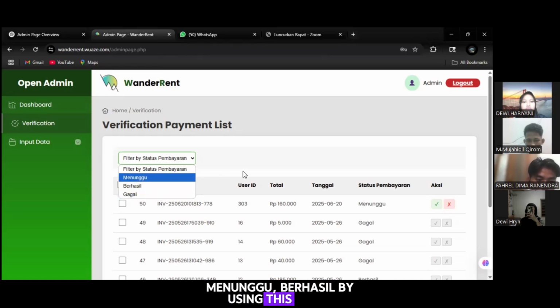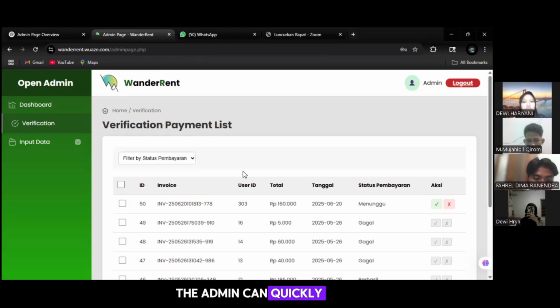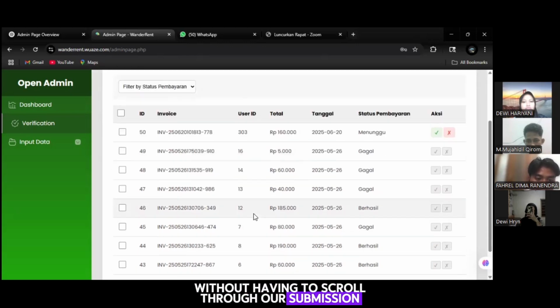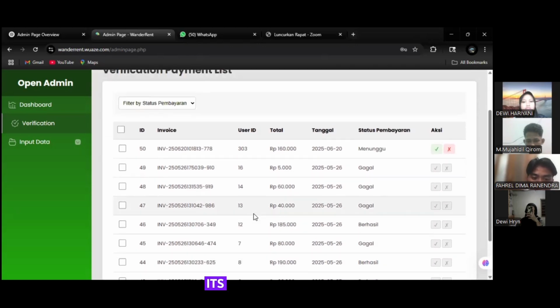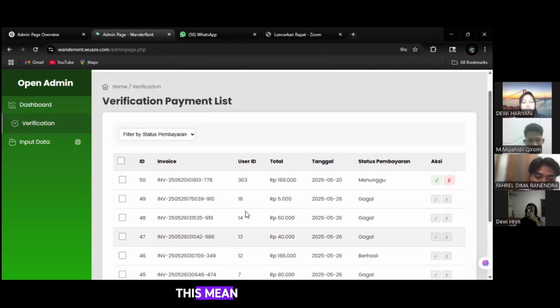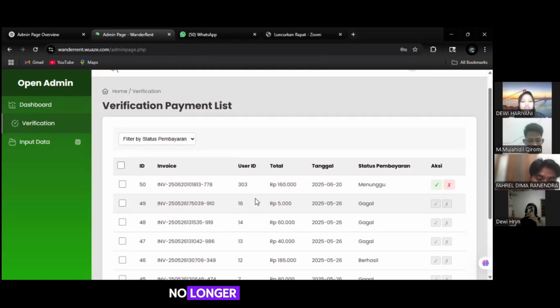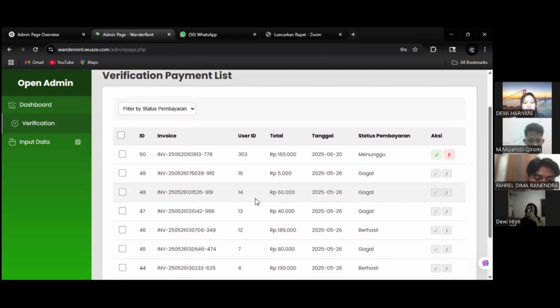By using this filter, the admin can quickly organize and locate specific transactions without having to scroll through all submissions. Once a payment has been reviewed and either accepted or rejected, its status will change and it will become inactive. This means that the transaction no longer requires further action and helps the admin maintain a clear workflow.